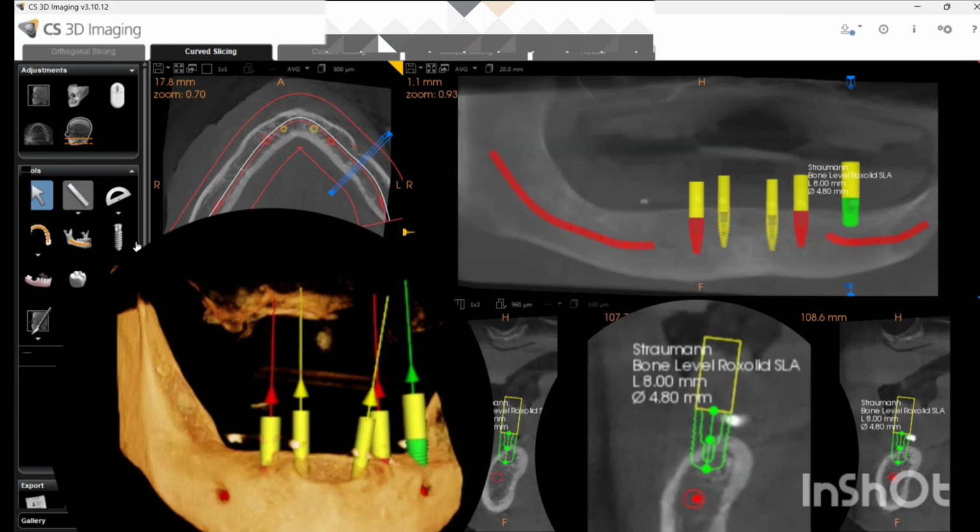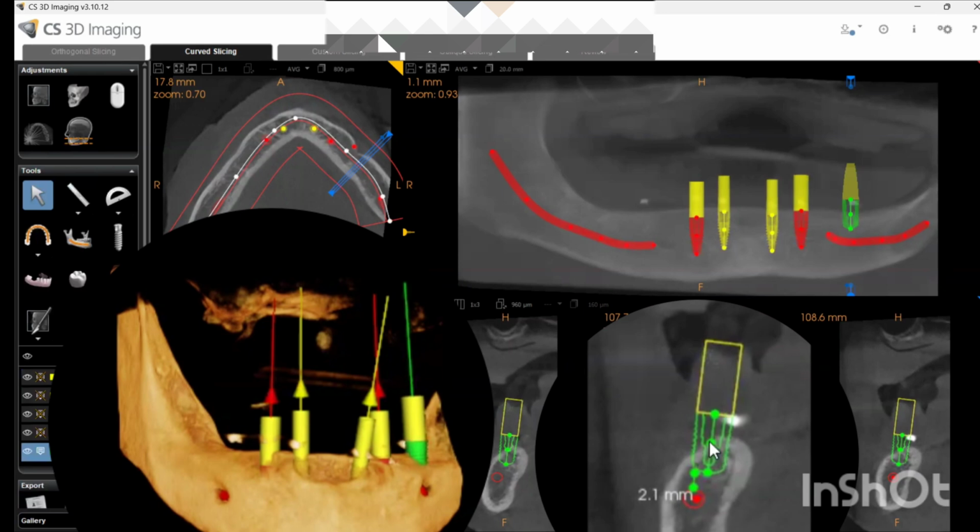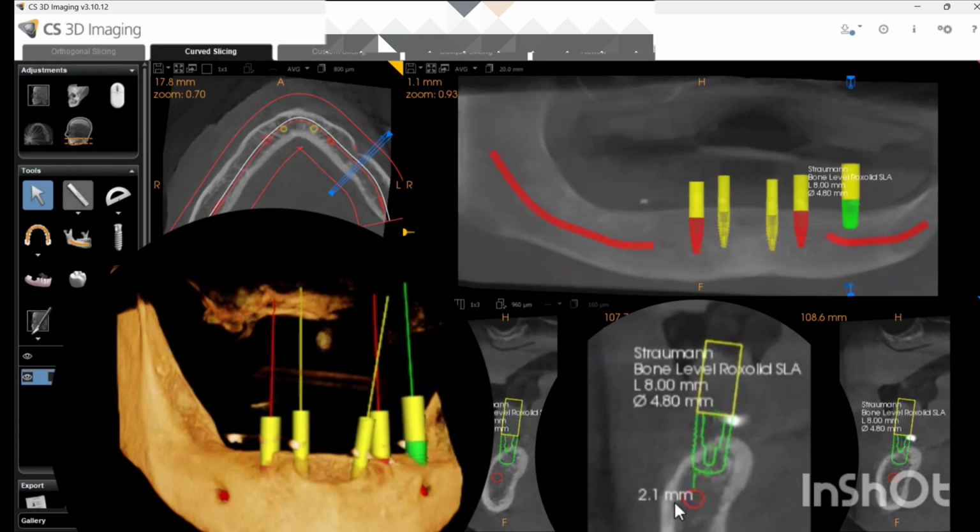Now what I will do, take the measurement tool, calculate a distance of 2 mm, release, okay, and now bring your implant a little bit down. So now if you see, I have a distance of nearly 2 mm between the implant apex and the canal.